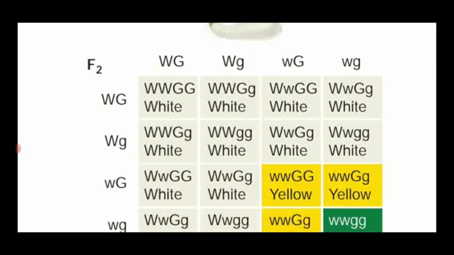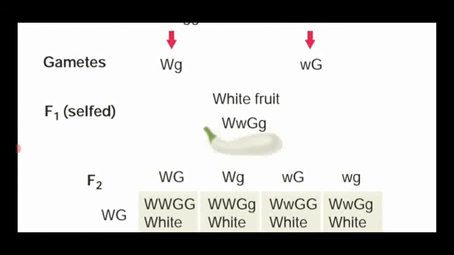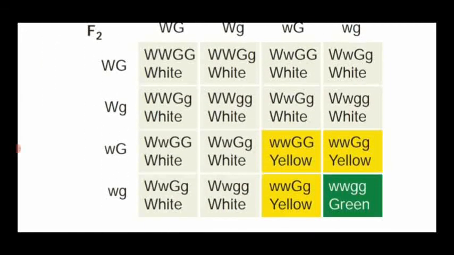Then another one, yellow color, 12:3:1. Yellow color means they have capital GG, two G's or one G is possible. That is said to be capital GG or capital G with small g. At the same time, what should be there also? Small w should be there. Small w, what is that one? Colored fruit, isn't it? So colored fruit, yellow color. So these three are named as yellow color fruit.